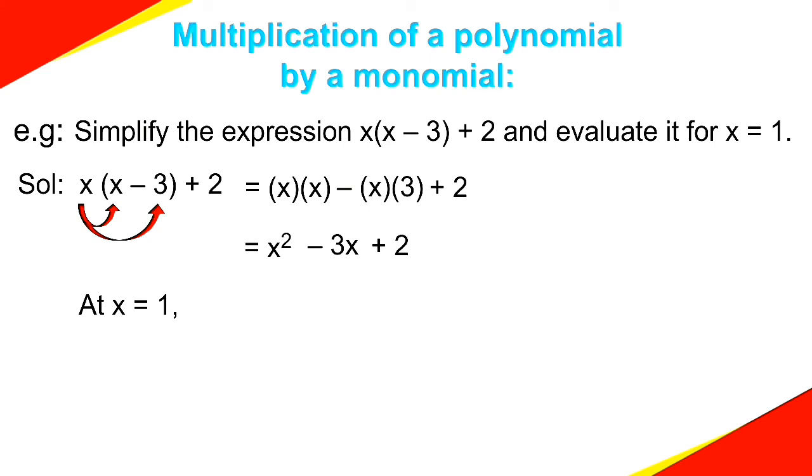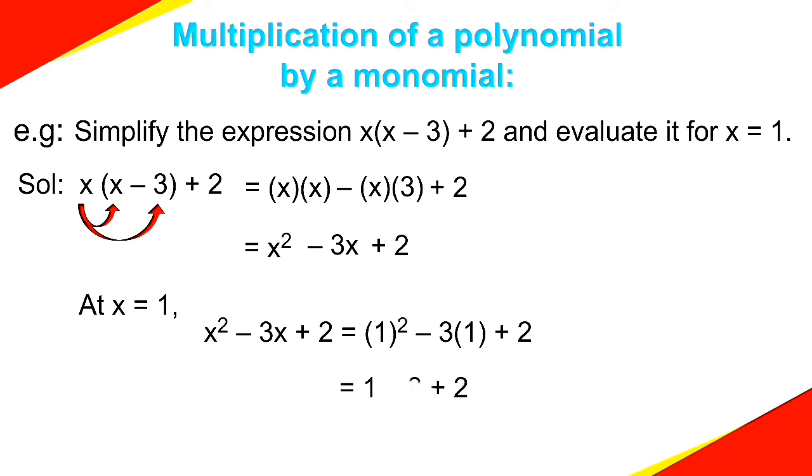Now he said that x is equal to 1. We are going to substitute in the equation. What is the equation? x² minus 3x plus 2. What is the value of x he gave? 1. So 1² minus 3 into 1 plus 2. 1² in the sense 1 into 1, right, 1. 3 into 1, 3, plus 2. Now what can we get?